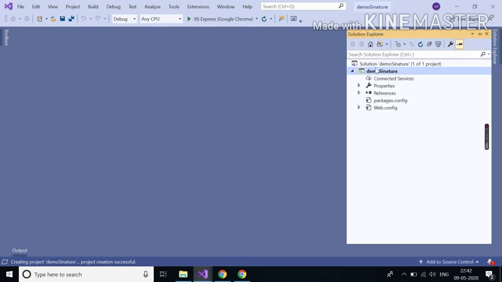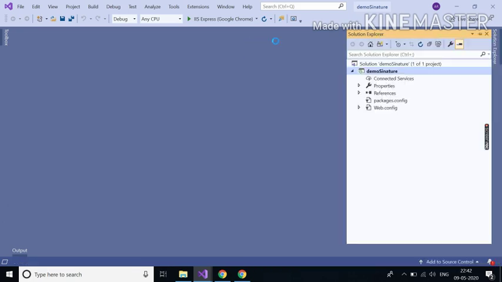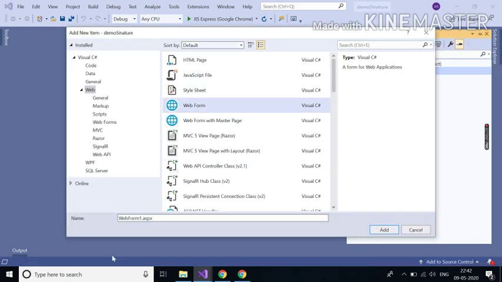In the Solution Explorer, we can create a new item, a web form.